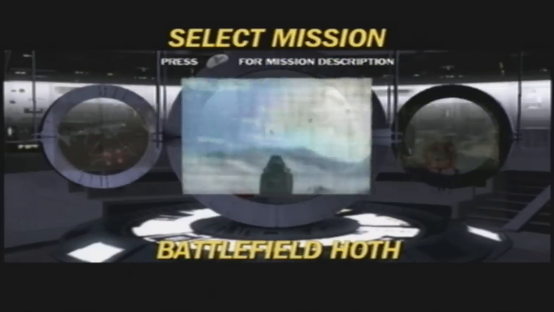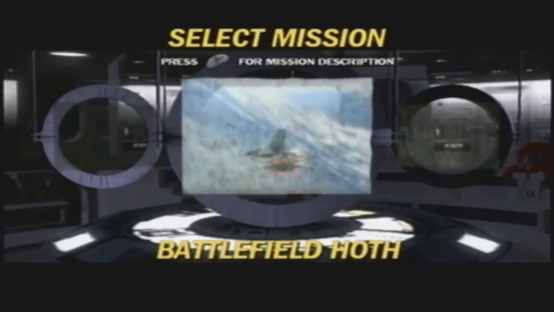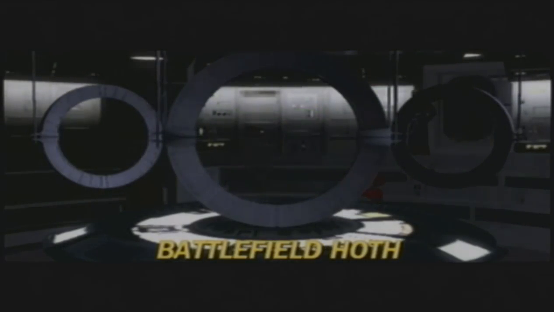After crash landing in your snowspeeder, I pressed Y for mission description, it just started more dialogue, but yeah, unsubtitled at least in the demo. Yeah, but we can drop in. We're going to be on Hoth, which means there should be some snow,